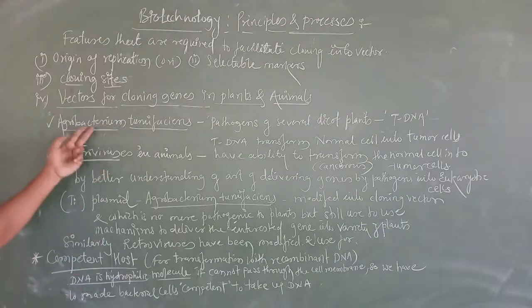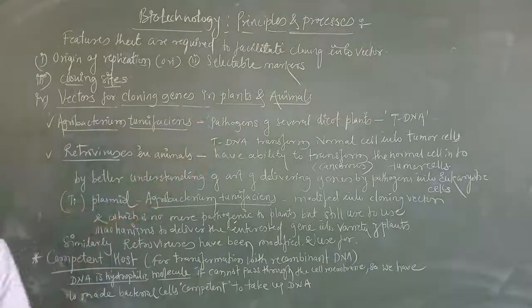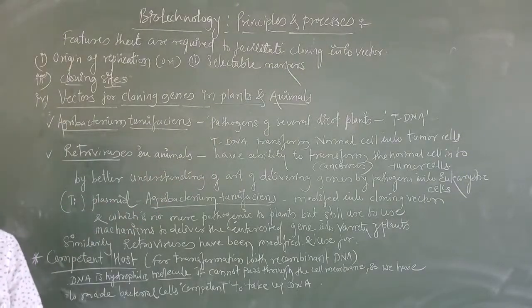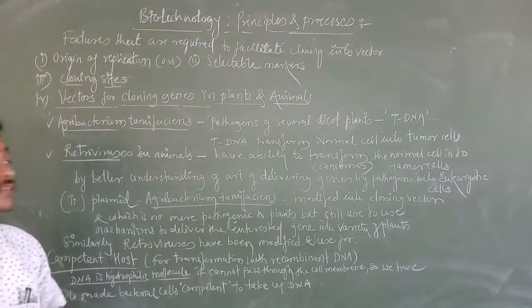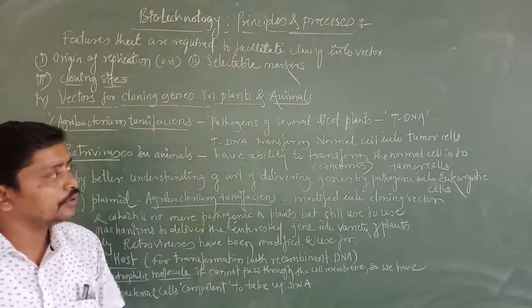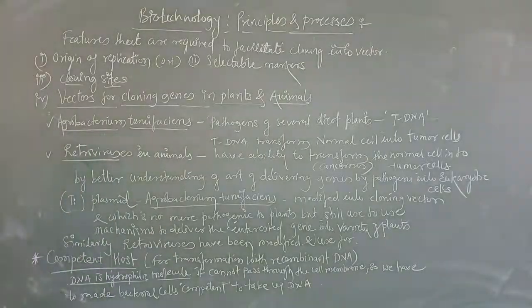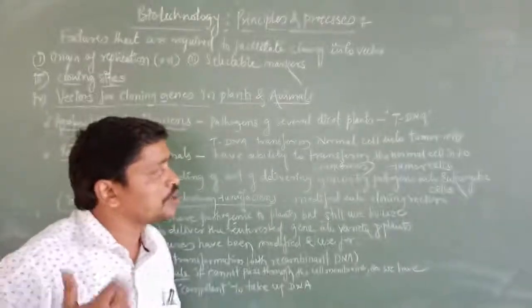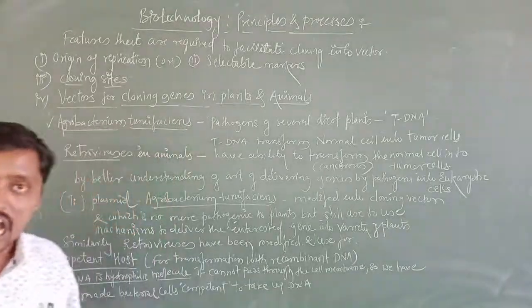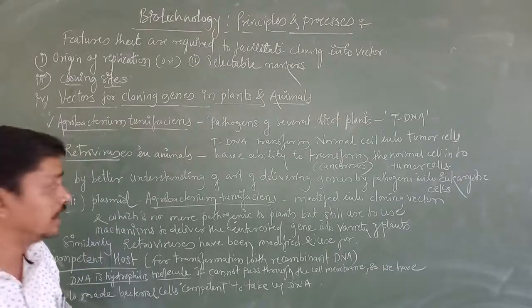So these two things: Agrobacterium tumefaciens is a pathogen which causes tumor cells, converting the normal cell into tumor cells in a plant. And retroviruses also have the ability to transform the normal cells into cancerous cells. Now, with a better understanding of the art of delivering genes by pathogens into the eukaryotic cell, knowing the art of delivering the genes by the pathogen into the eukaryotes,